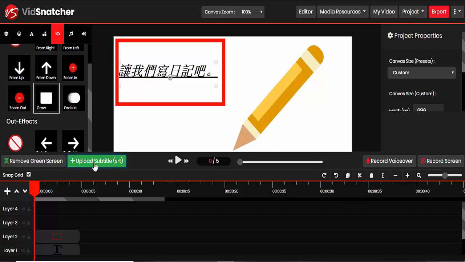You can even upload subtitles to use in your videos. Just fantastic. That's VidSnatcher in a nutshell. It's limitless in what you can do with your videos using